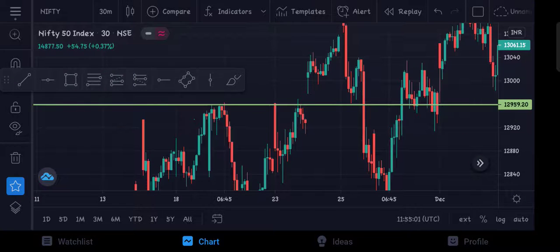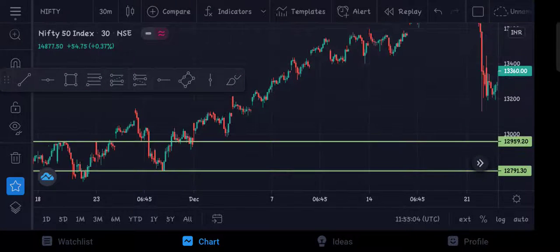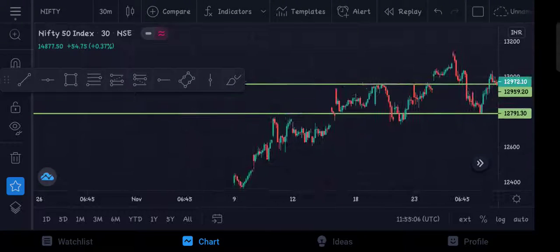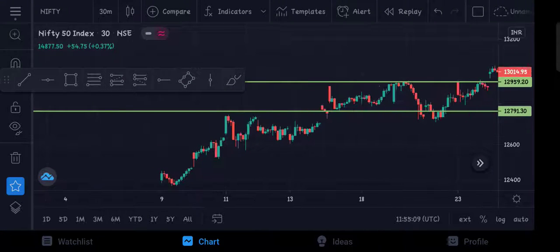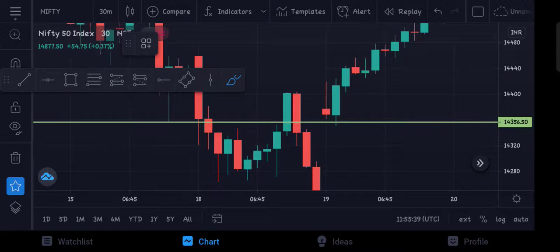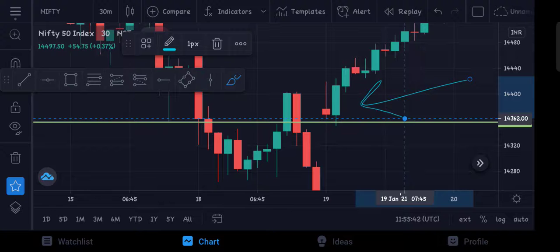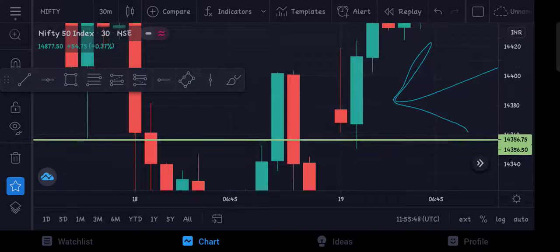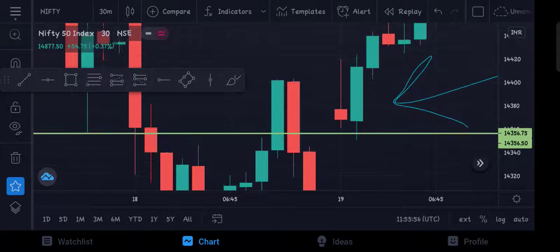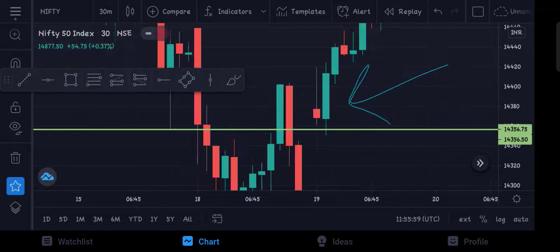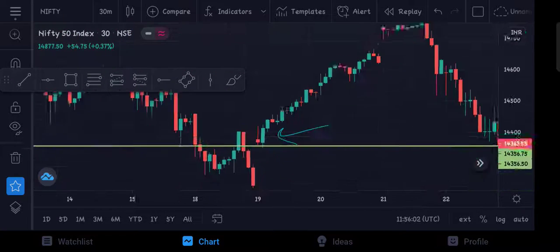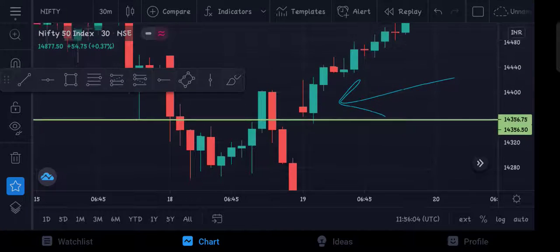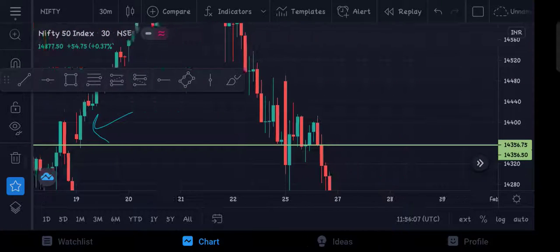If you want an example of a bullish engulfing candle, I will show you guys. Just wait a minute. There is a bullish engulfing candle here in this region. There is a red candle forming, and exactly at a support level you can see a bullish engulfing candle formed. If you had an entry here, you could get a decent amount of profit. So this is about the bullish engulfing pattern.